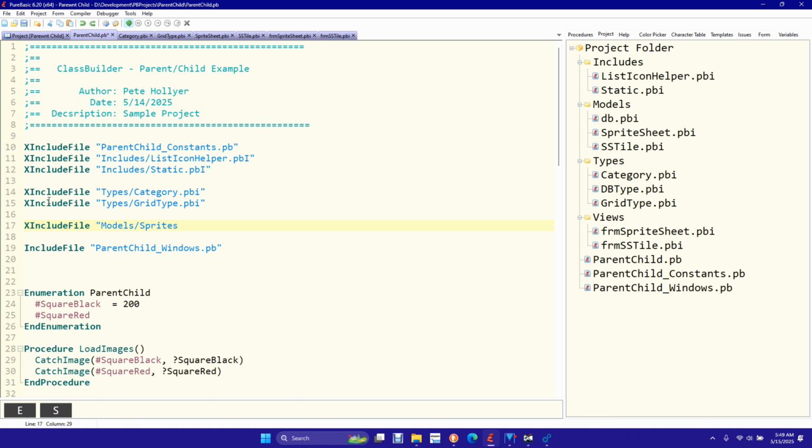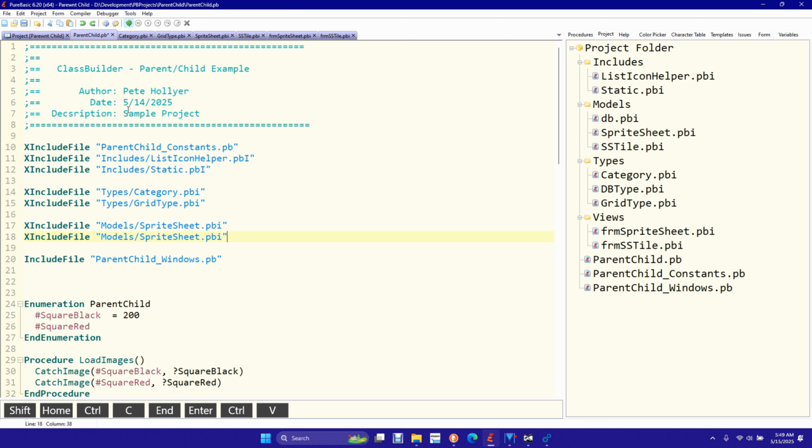Sprite sheet dot PBI, and then we will have, I always get it backwards which one needs to be first. I think the children need to be first. Let's go with that guess. SS tile. Okay, so we bring in tile, we bring in this,